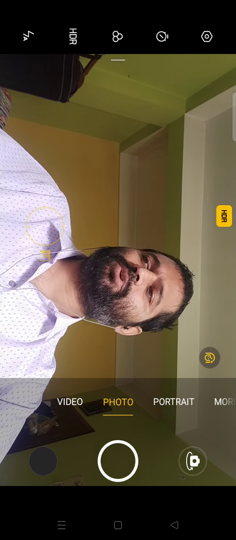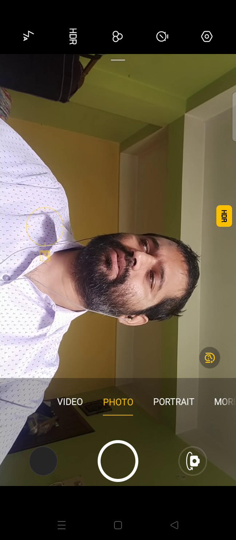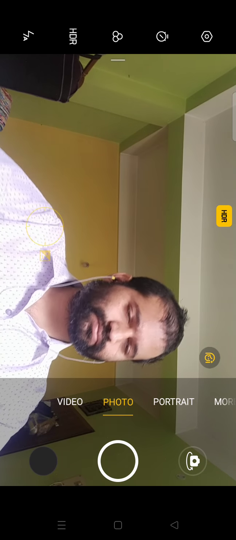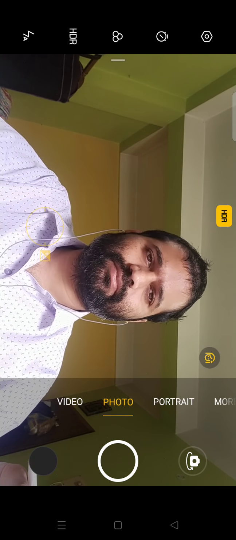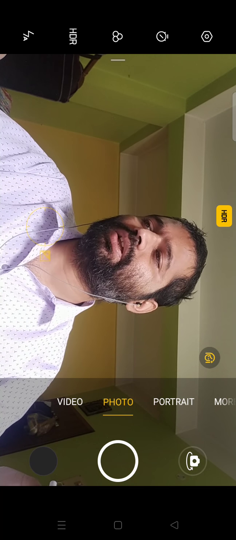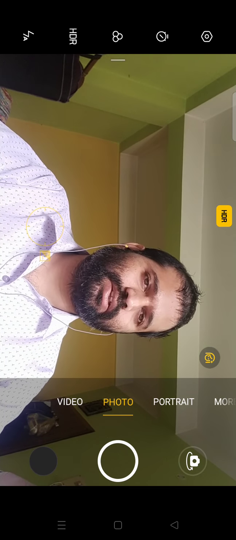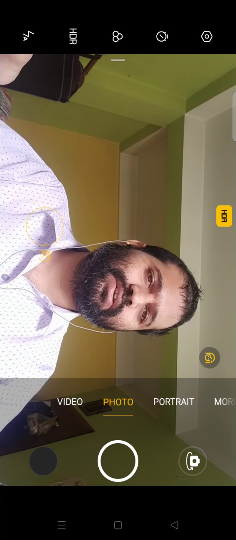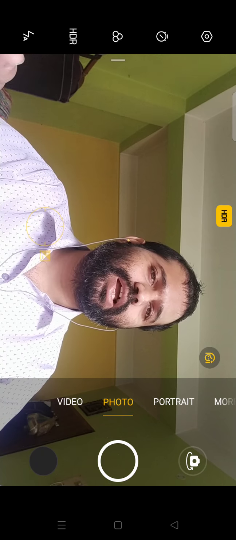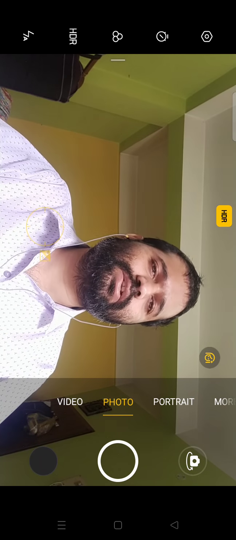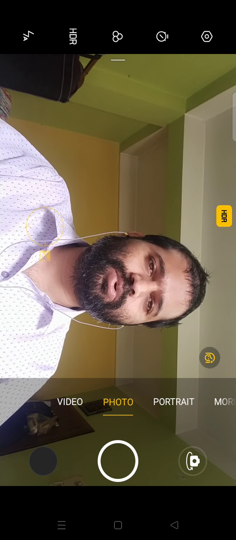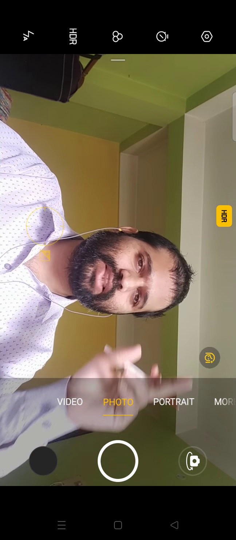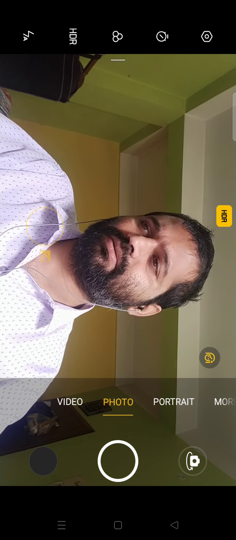So now you come to your exercise 12.1. In the question, a traffic signal board indicating school ahead is given. A board has been placed near the school and it is written school ahead. It is an equilateral triangle. The board where school ahead is written is an equilateral triangle.